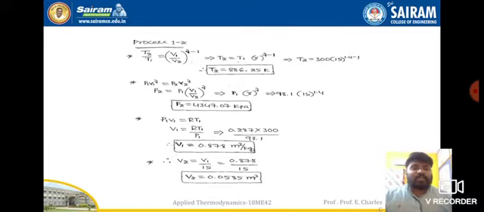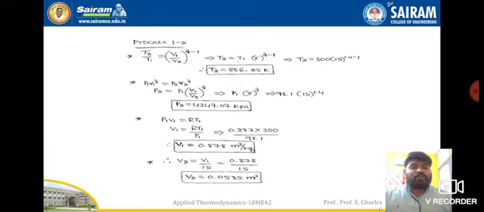So as earlier, we need to start with the process 1 to 2. T2 by T1 is equal to (V1 by V2) whole to the power of gamma minus 1. With this, we will find out the T2 temperature as usual, and again P1 V1 whole to the power of gamma is equal to P2 V2 whole to the power of gamma. With that, we will find out P2 as 4347 kilopascals.